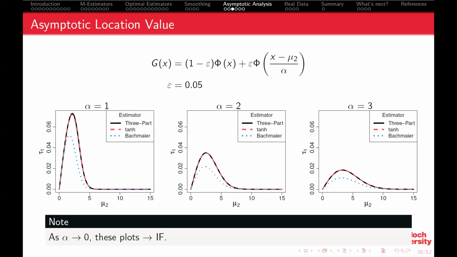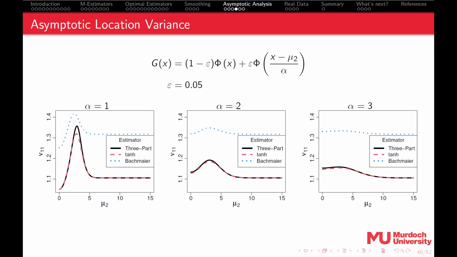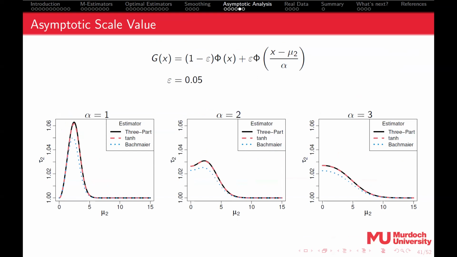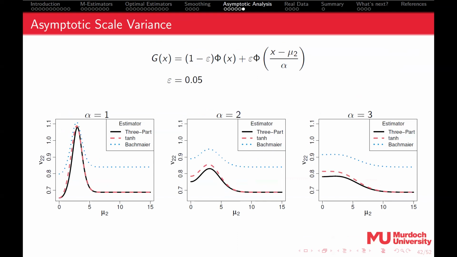Now, Hampel's estimates are lower, which seems great. Why isn't that better? And the answer is because it pays a price. Smooth three-part redescender and the hyperbolic. It's a little bit. Again, we'd expect these plots as alpha goes to 0 to resemble the change of variance functions we saw previously. For scale, it's a similar story, value. And for variance, we see again,